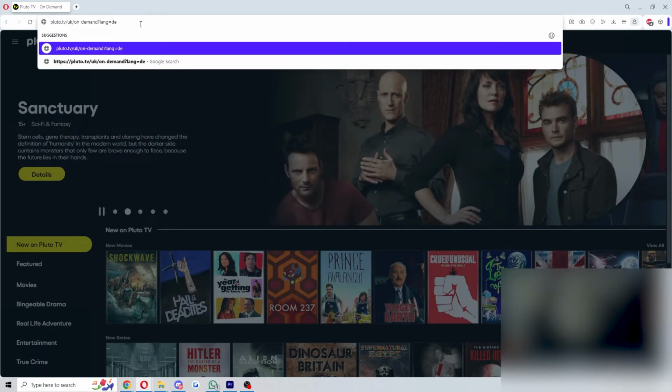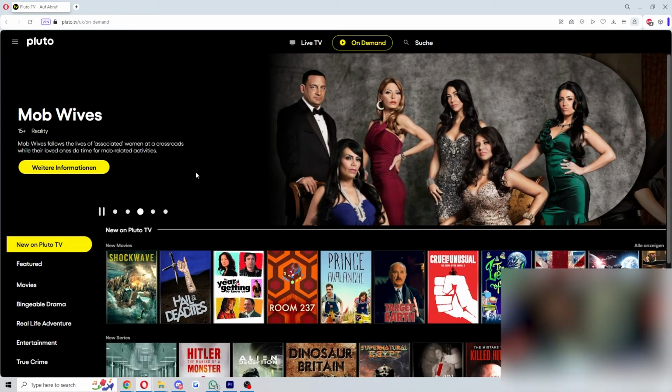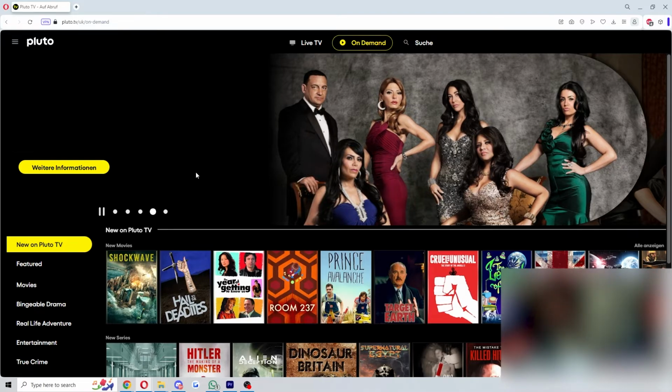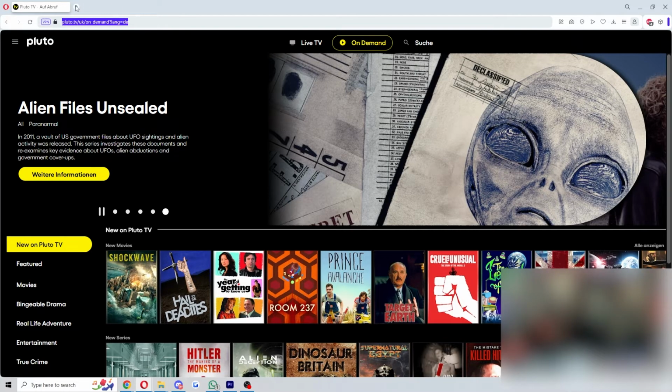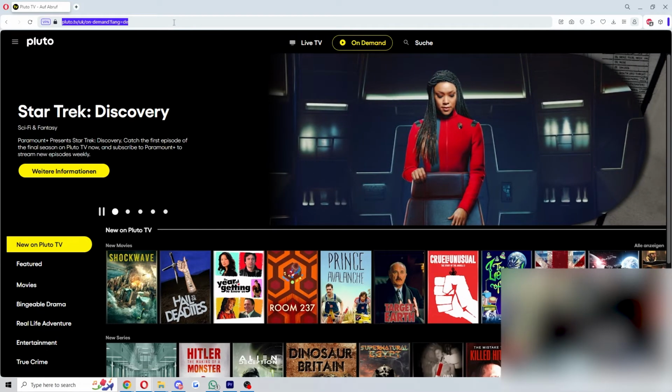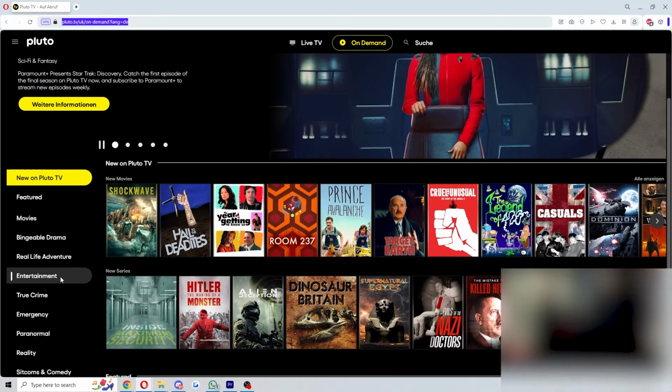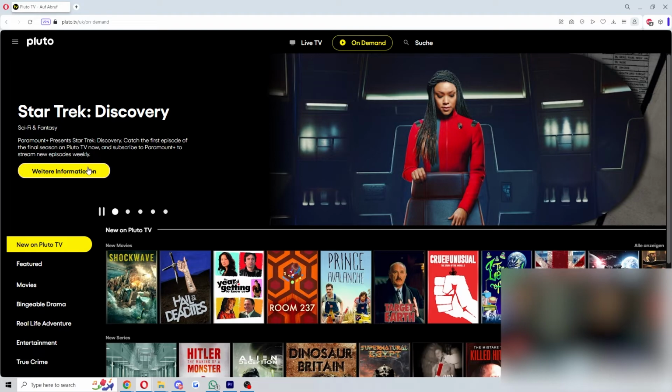For example, if we wanted it in German, we can do Germany's area code, which is DE. And when we click enter on this, it will now show us it in German, as you can see. In order for that to change the language on the entire site, you must either be in Germany or be on a German VPN. Now, since my URL still says UK, that's why it's not showing me all of the writing in German. Only some of it, such as this.